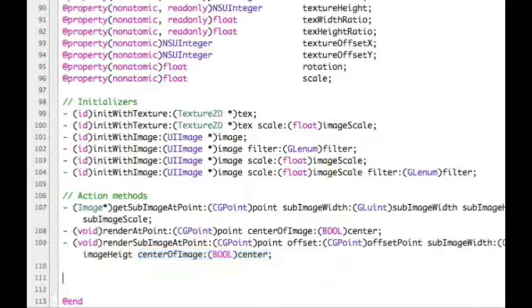Okay, so they're pretty straightforward. We're going to go through the code for those in a second. The last things that I actually want to create in here